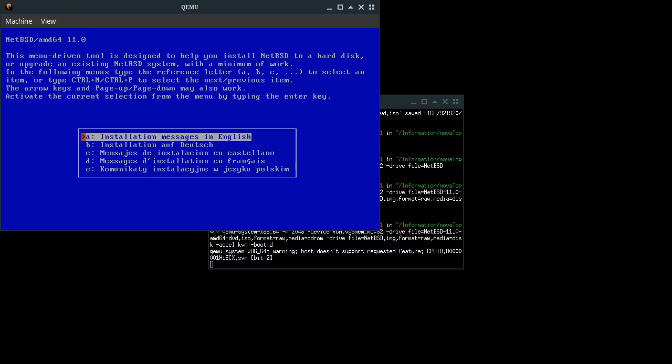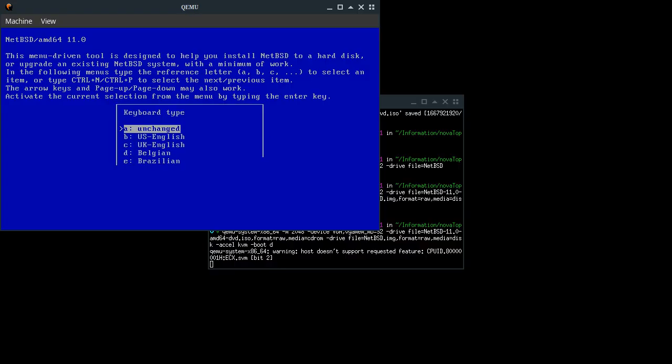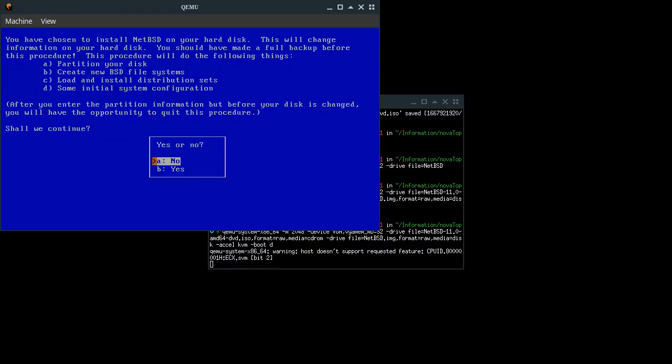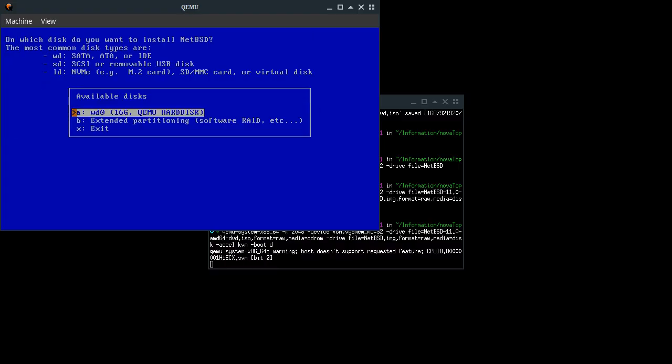Actually, KVM cannot run natively on NetBSD. However, it is on my Ubuntu host. But I did actually find the opportunity. I'm going to do unchanged, install NetBSD to a hard disk, and then what I will do here is I